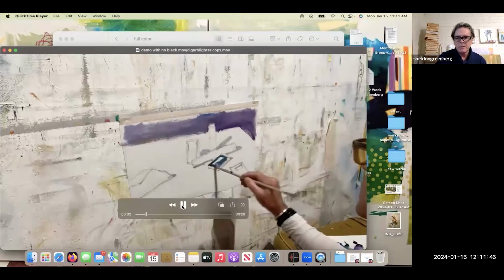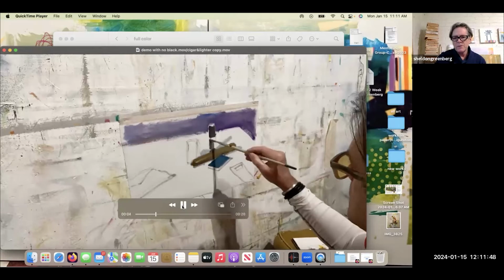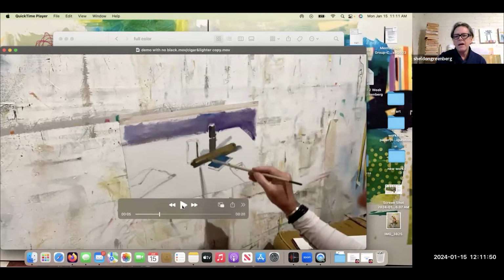I'm just blocking in the bigger pieces. And notice I'm painting everything at the same time, so I don't focus on one thing too much. I just want to block in a key color, meaning whatever that object is. Like the matchbox is a blue matchbox, so I'm just going to put in a key color of blue, and that's all I'm going to deal with. Then I move forward to the next object and the next object.